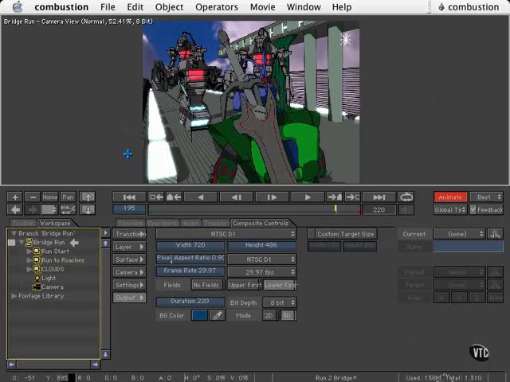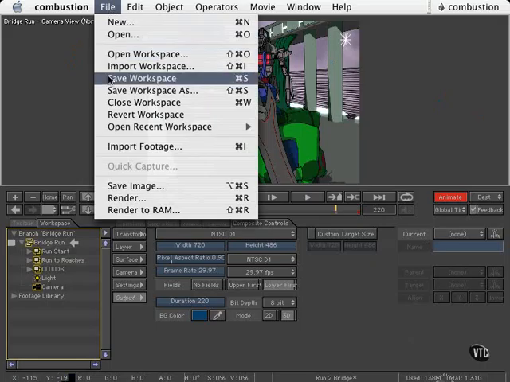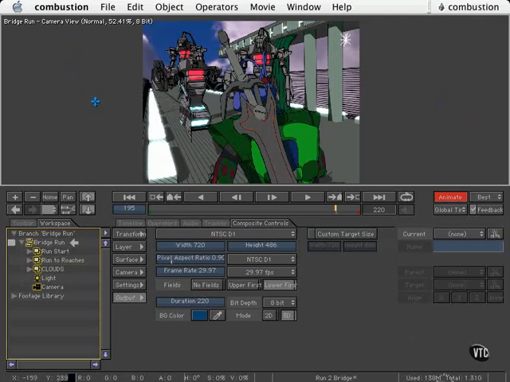Now, the great concept of a workspace is that I could create a special effect. For example, I can have text blurring and fading in and out and a lens flare, and I can have it explode and all that kind of stuff. And I could save that as a workspace, and then I could email it or put it on a disk and send it to a friend or a coworker, and they can open that workspace up, and they can see all the tools I've used and all the effects I've applied,